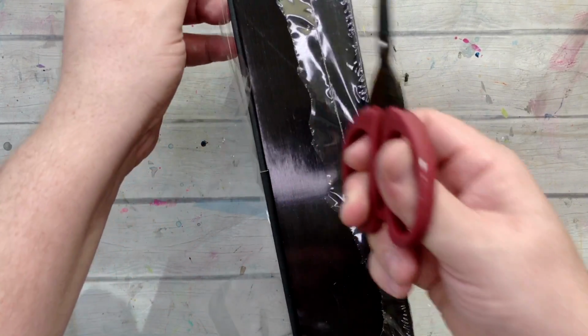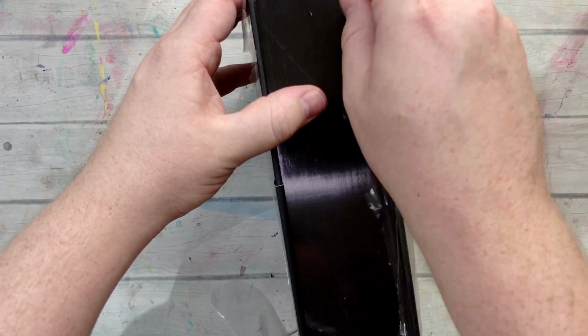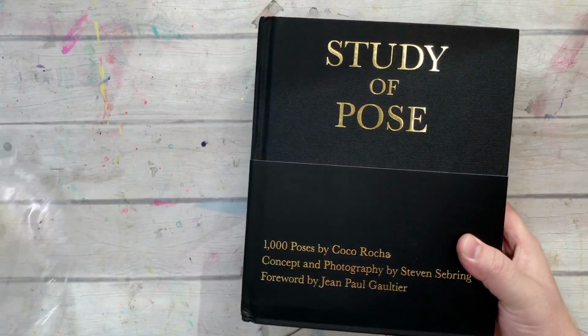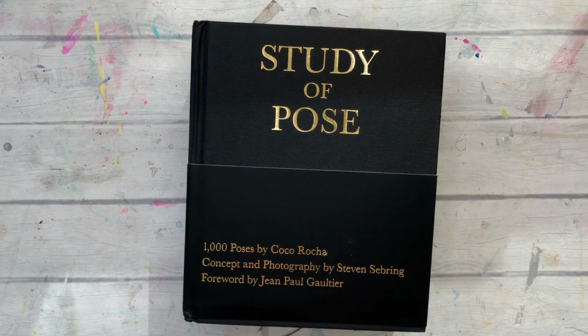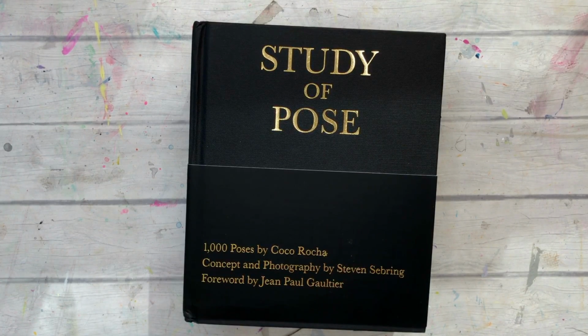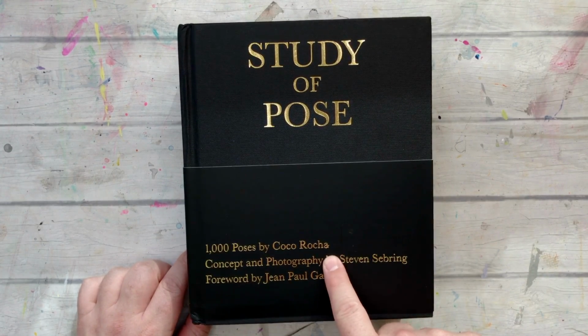It was about $40 and it is a massive book put together all about poses, and it's called The Study of Pose. Now this isn't a drawing reference per se, I don't think it was made to be a drawing reference. I watched a bit of a video where the model in it, Coco Rocha, who is